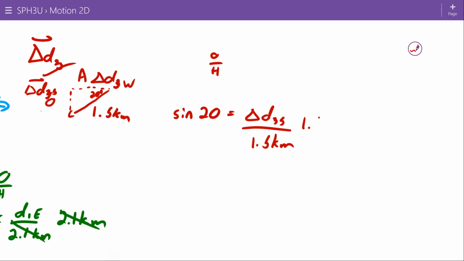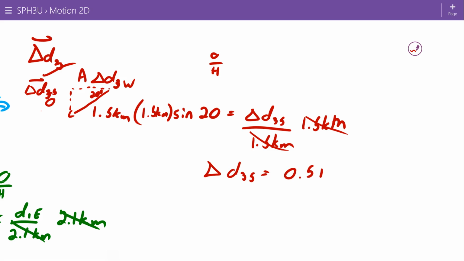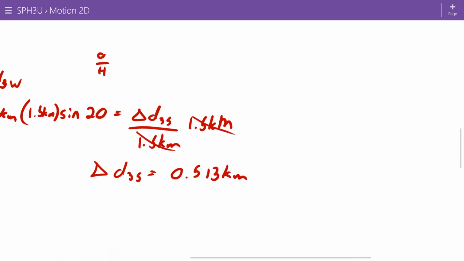And if I multiply both sides by 1.5 kilometers, again, every time it's going to work out to the same magnitude times a sine or times a cos. So if you want to skip to that step, as long as you don't mix up which one's which, it's okay. So this delta D3 south is going to be 0.513 kilometers. And now the other one's going to be the cos,